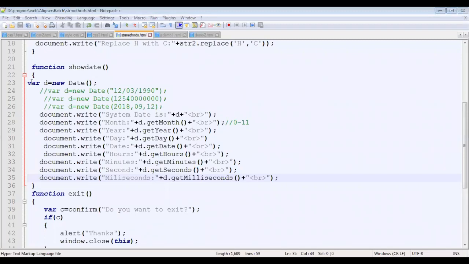Along with that, I will do one more thing. Let's take another date. By using new Date, you can fetch the current date and time. But what if I wanted to specify my own date format? Then it can be written as var d equal to new Date